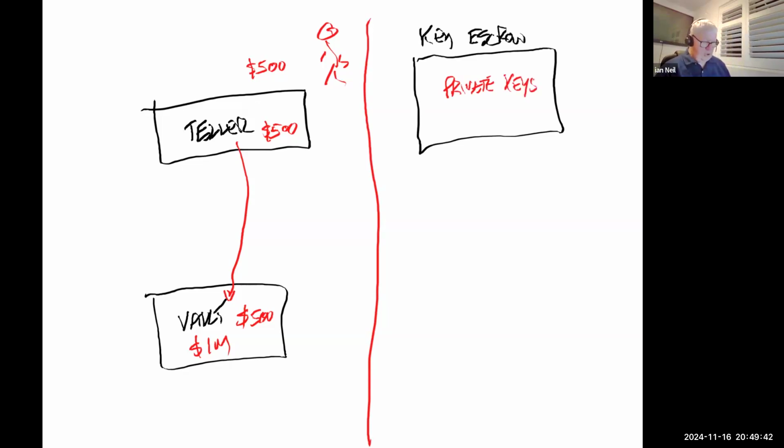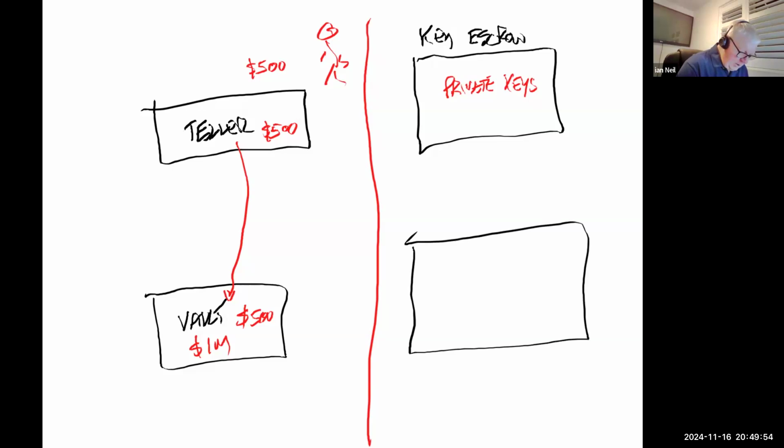Now, he's going to be overwhelmed as well with all these private keys. So what he does, he stores them in a hardware security module.